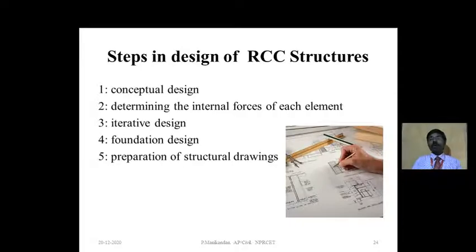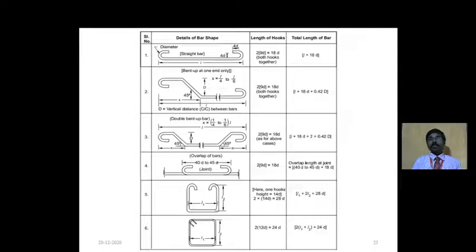So how much length the main reinforcement should be, what would be the spacing between main bar and the secondary bar, like that we have to prepare a structural drawing. This structural drawing will be useful for the bar bender to make a proper decision while cutting the bars, developing the hook bars, etc. And this is the structural detailing for preparing the hook length, development length by a bar bender.